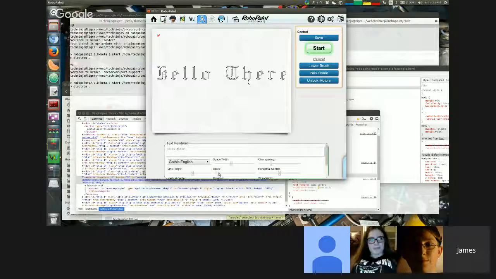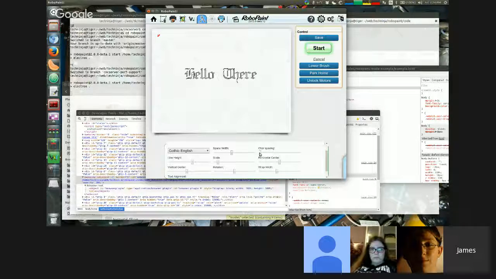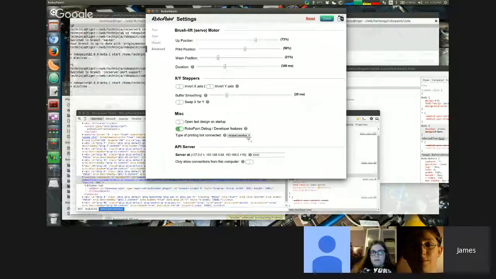But this mode uses Paper.js to take these text lines here, which are defined in a chunk of JSON, which just has the information in it, to render this, and then we can simply click Start, and it will send the information out to the watercolor bot or whatever bot is hooked up. The way this is all using CNC Server is that it doesn't actually matter what you have connected, as long as it knows how to talk to CNC Server, it knows how to talk to it.